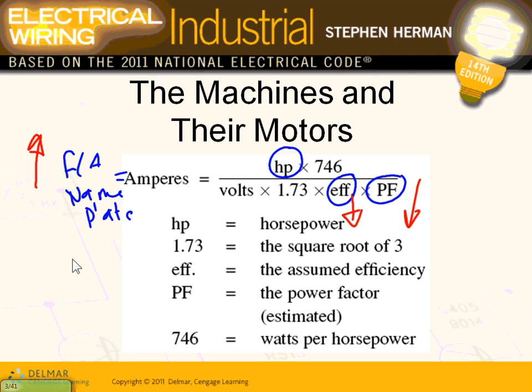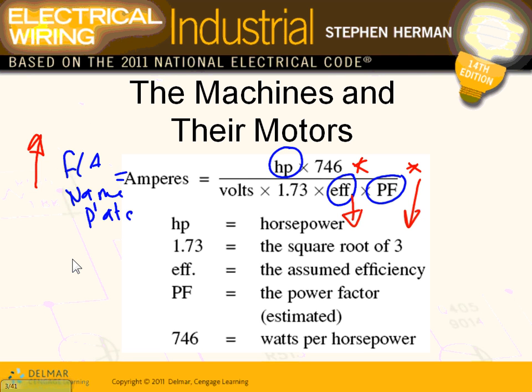Every time you have a low power factor, remember we said if you have a low power factor, you have high current. Bad news. If you have a low efficiency, you have high current. Bad news. Meaning more current going through the conductor to do the same amount of work. So these are the only things I want to highlight. What happens if the efficiency or the power factor goes down? So what does that tell you, Rob? It tells you always use efficient motors, always use power factor correction to correct your power factor to as close to